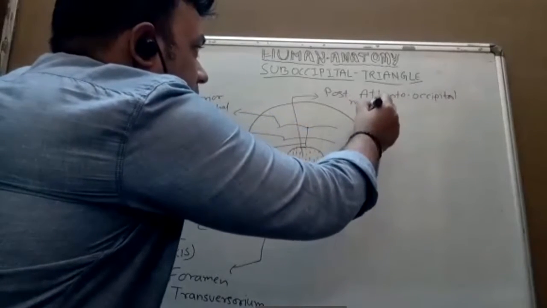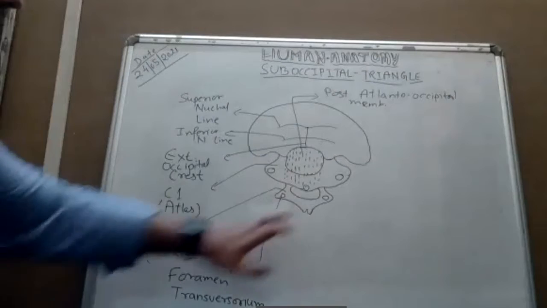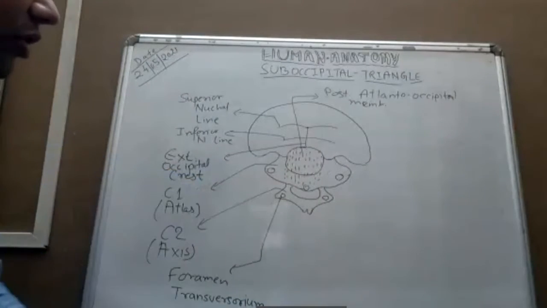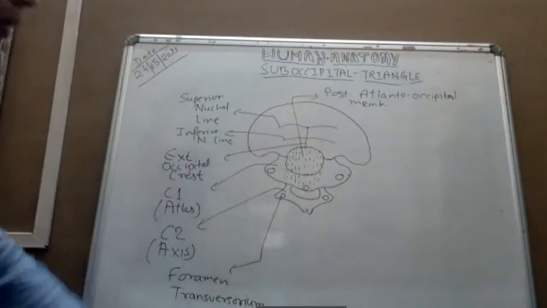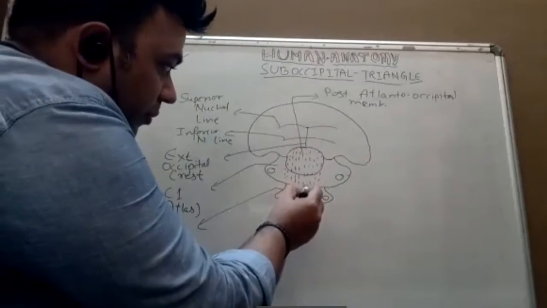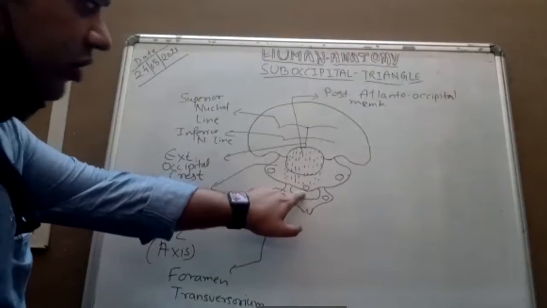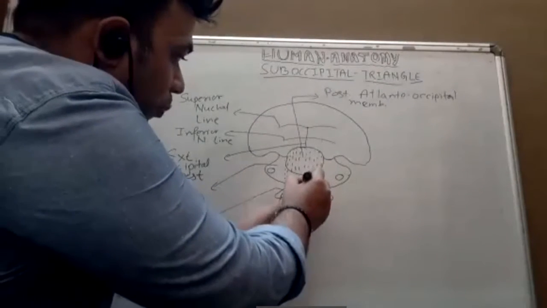In short, I am writing posterior atlanto-occipital membrane. Okay, and this is the posterior arch of the atlas vertebra. Now I will show you how the boundary is formed. So from this posterior, what is this? Posterior tubercle of the atlas bone, the muscle is going upward